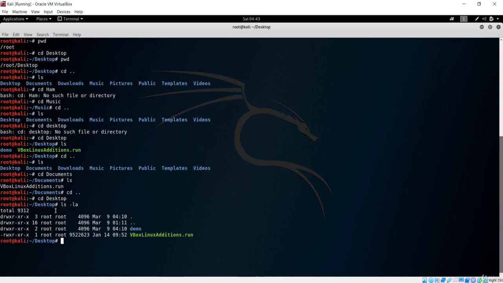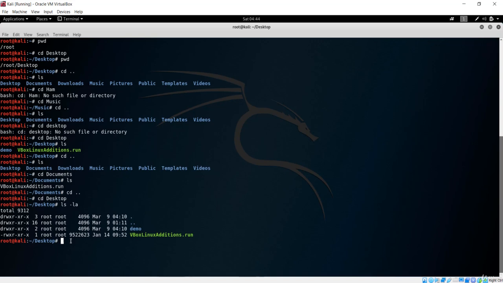It also has detailed information about these permissions, and we will learn about these permissions using the chmod command in the upcoming lecture. But for now you can see the detailed information of this folder with this ELA attribute inside this ls command. So you can see we now have a detailed list of the files and folders including the hidden ones with this ls command.